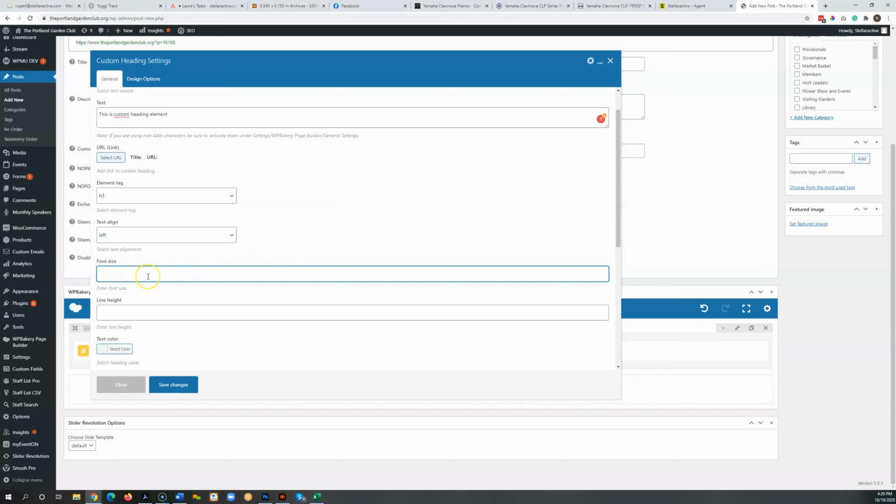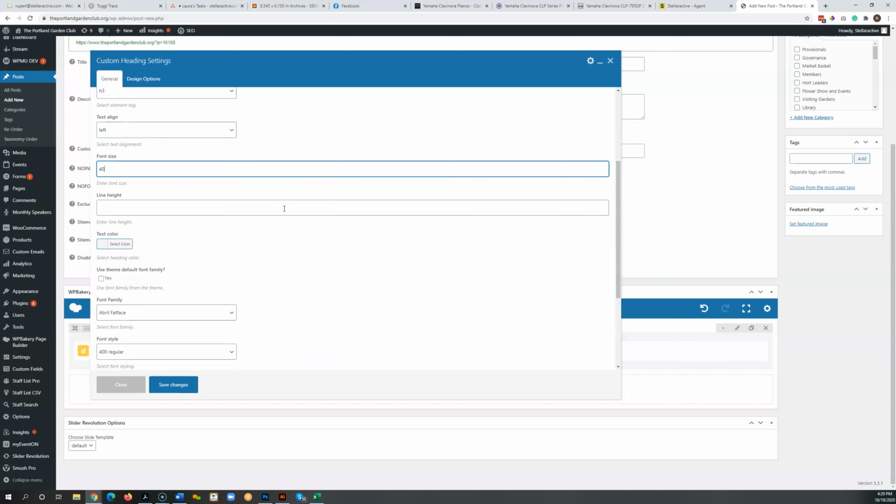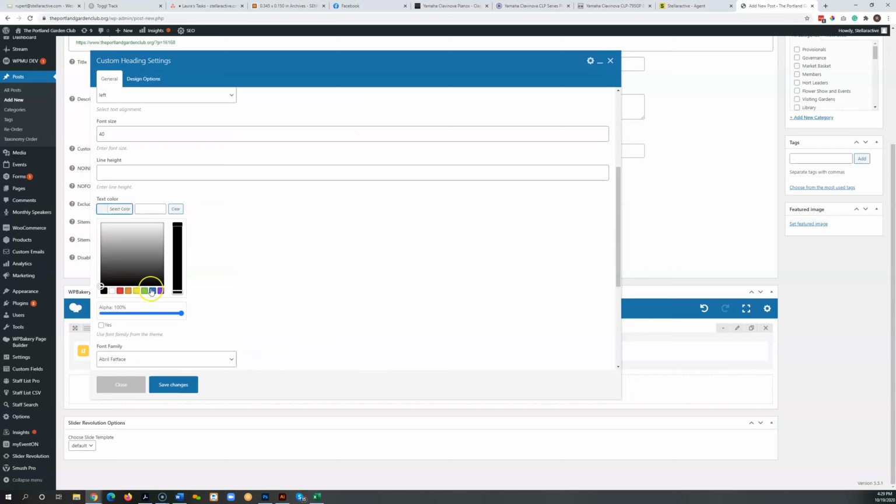A 40 pixel size on one font is going to look different than a 40 pixel size on a different font. They all look a little bit different, so you can experiment with that. We'll just go ahead and put 40 in here, which is a fairly big size. Right here, you can pick the color, so there's some presets, or you can type in a specific hex code